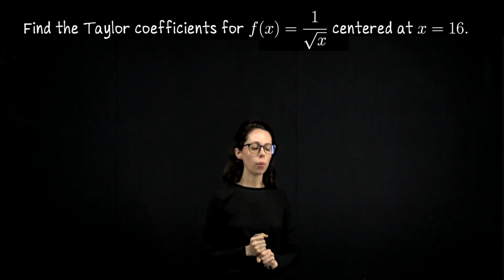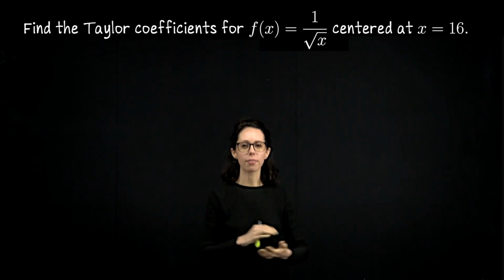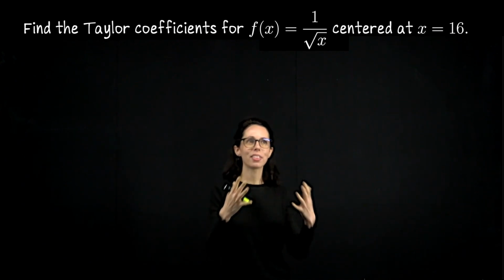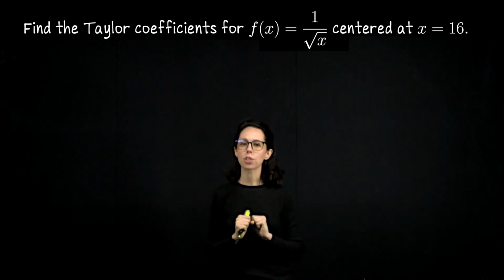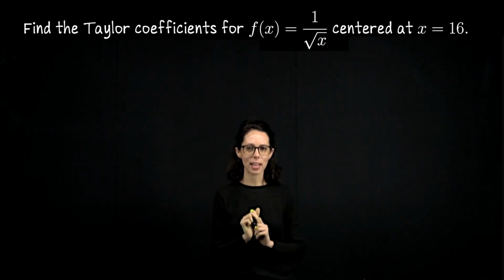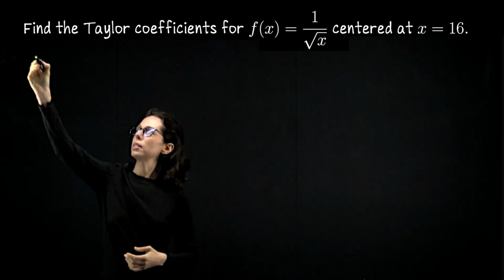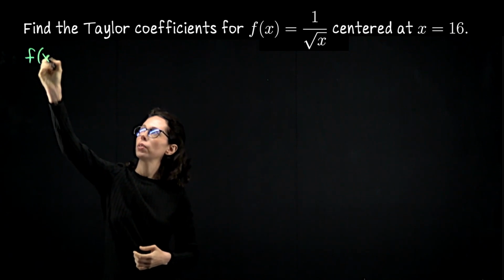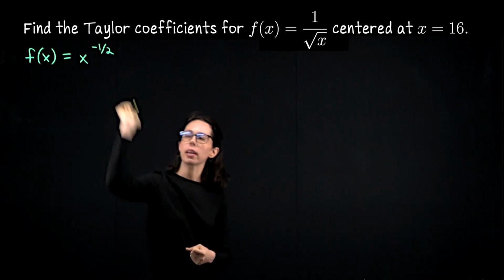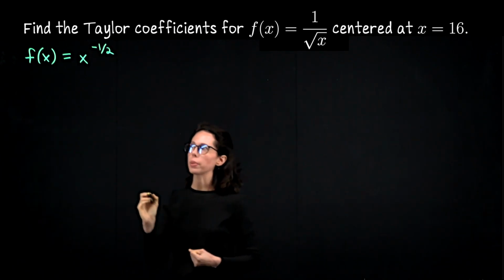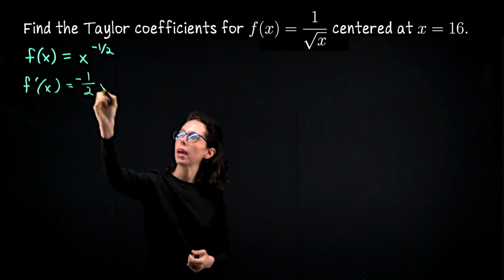What we will need to do at that point is try to come up with a way to write down the nth derivative of f. That's ultimately what we need in order to say what the nth coefficient looks like. That's an exercise in pattern recognition. So as you take these derivatives, start to try to see the patterns as they happen, and I'll highlight them when we start to notice them. So our 0th order derivative, it's really just the function, f of x, which I think it's better to write as x to the negative 1 over 2. Differentiate with the power rule. We get f prime of x is negative 1/2 x to the negative 3/2.